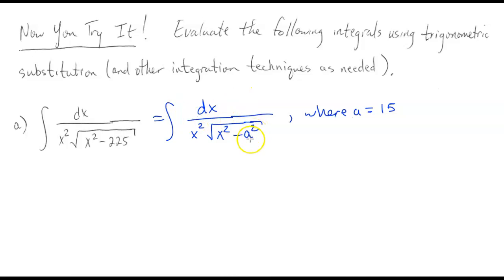And so we see that this is fitting the suggested substitution here, where we should have x equal to a times secant theta. I forgot to write the a there. So the suggested substitution here should be a times secant theta, which in this case is going to be 15 times secant theta. Okay. And so we kind of already know that if that's the case, then